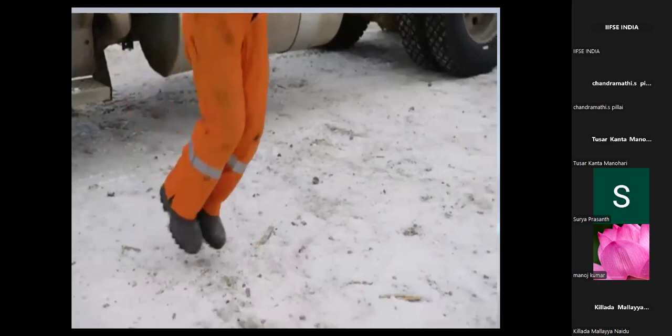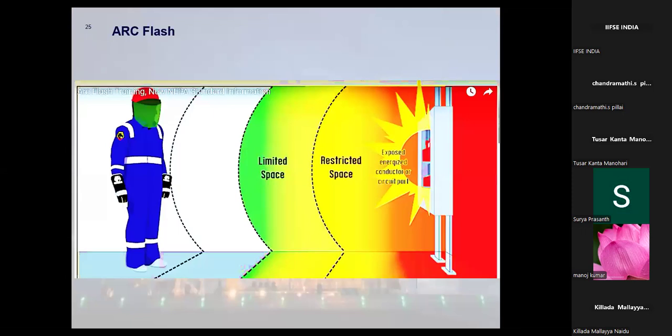So this is called the step potential or the touch potential. So for arc flash, you have zones. Keep this in your mind. It will never be marked. You'll have to assess depending upon the distance between the HT line and the person who is going to operate. So the white zone is safe. The green zone you can see, that is also safe. The yellow line is LRAP and the red one is the danger zone.